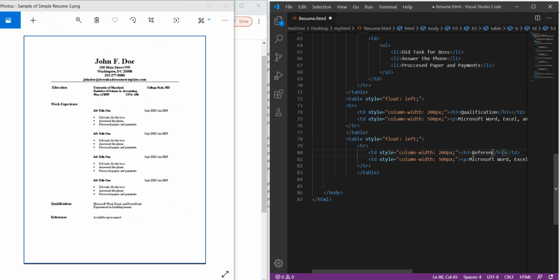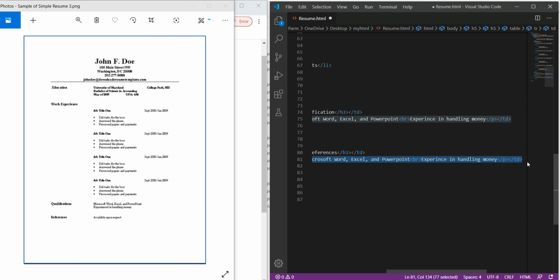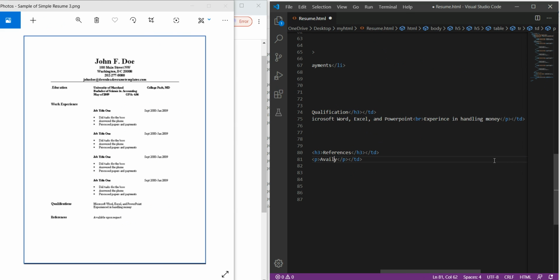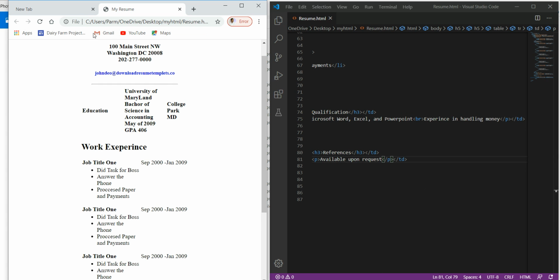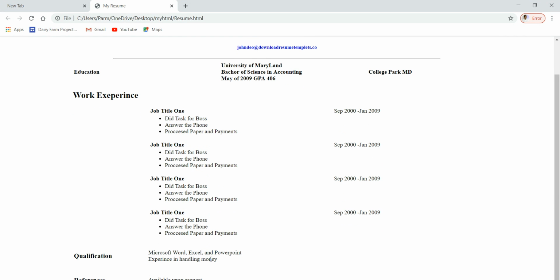Okay, and here in this case I will write available upon request. Save this, Control S, and here again refresh this. See, it is maximum. So it's done.